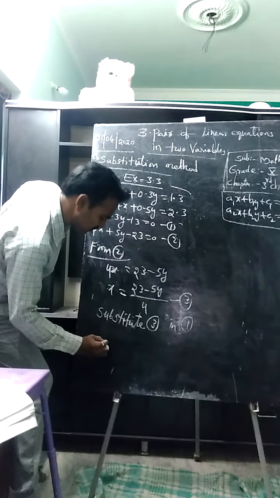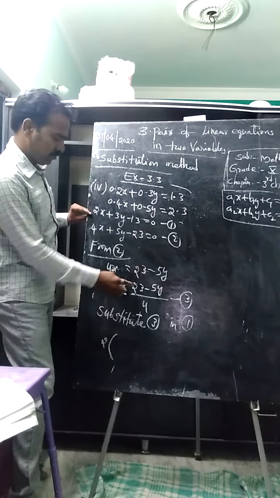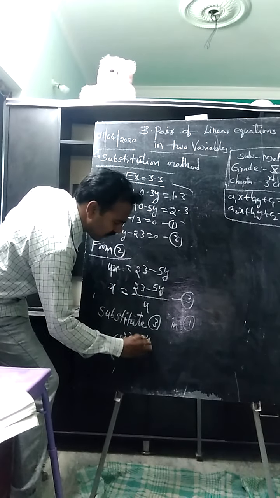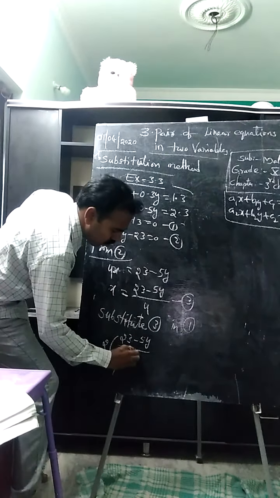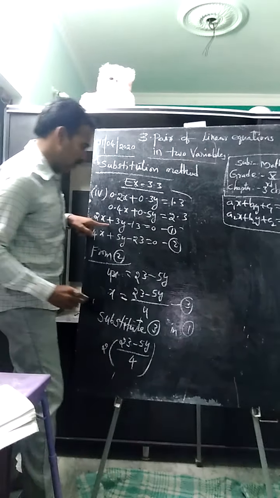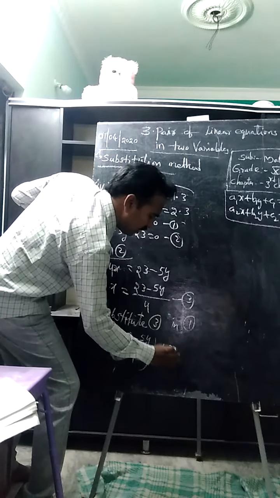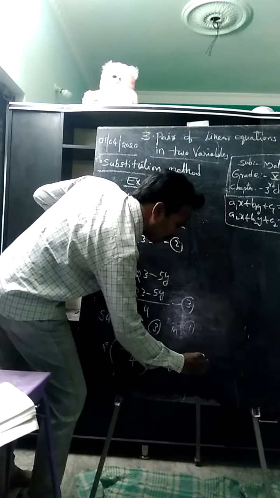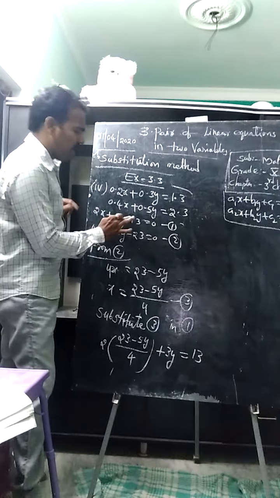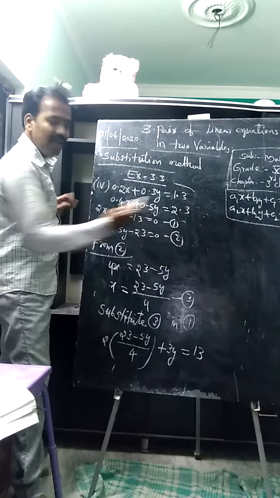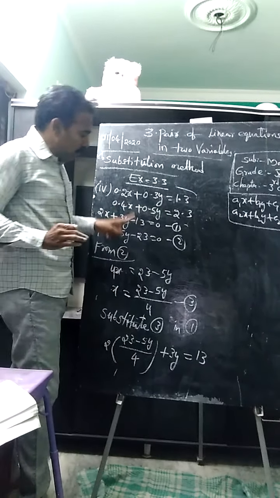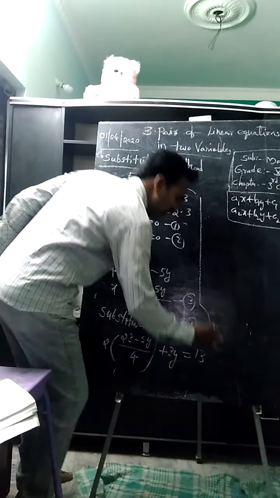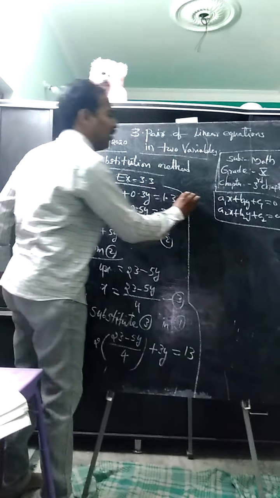Where is one equation? 2 of x plus, what do we have to take, students? (23 minus 5y)/4 bracket close plus 3y minus, equal to 13, because I want to write all constant terms on one side to find the variable term. Minus 13 can change into plus 13. Here we did it directly. If you want to do one more step, nothing wrong, up to you.